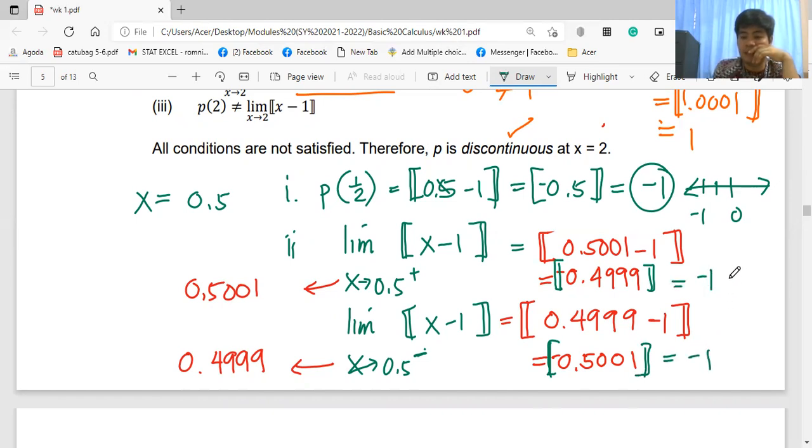And since negative 1 and negative 1 are both derived from the left and right,